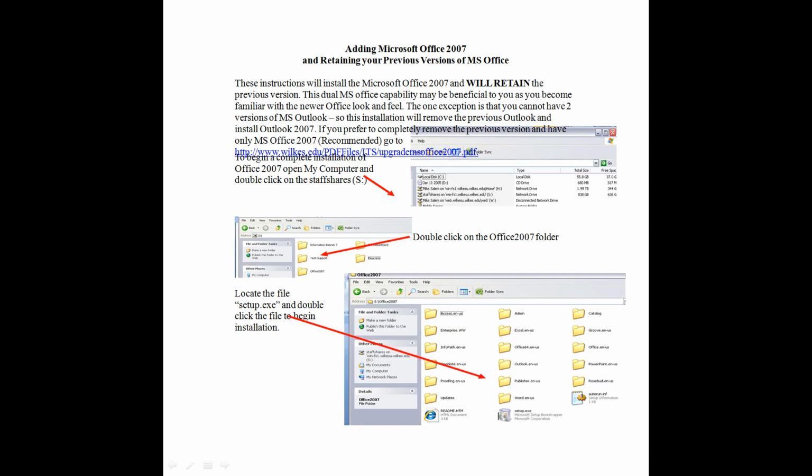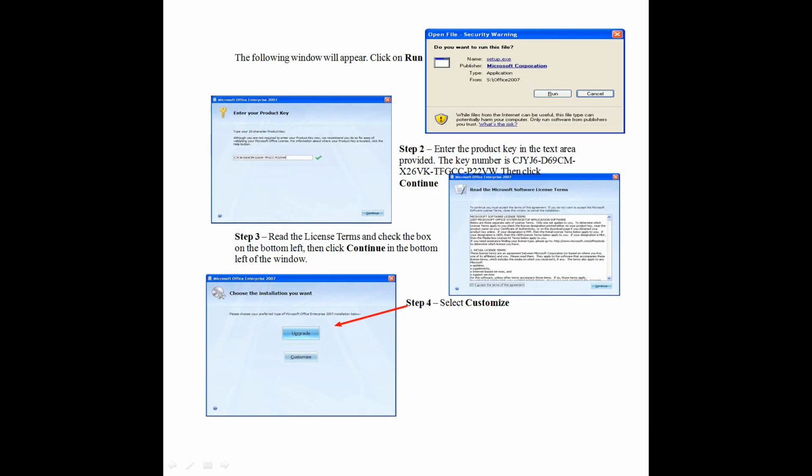So here, first of all, we are going to take a look at wherever the setup file is located. Actually, I am going to demonstrate it to you, students, right here after this PPT lecture slide shows how to install it. But first of all, let's have a look at it. The PPT folder, first we are going to browse the particular folder in which we have saved the Microsoft Office 2007 version. For example, if it is here, so here is the setup file down there at the end of the folder. We are going to start it, run it just like a normal process,